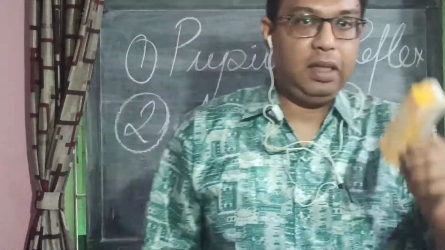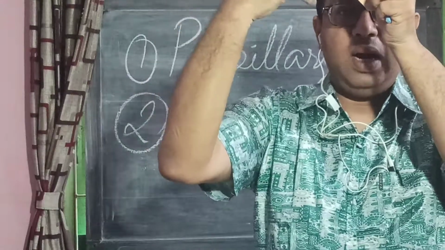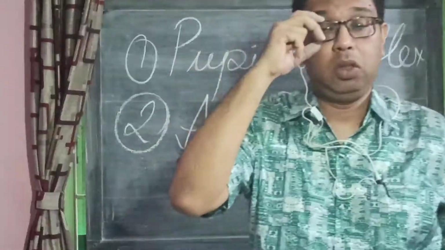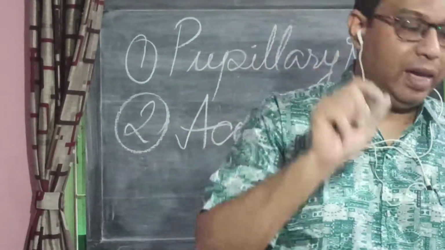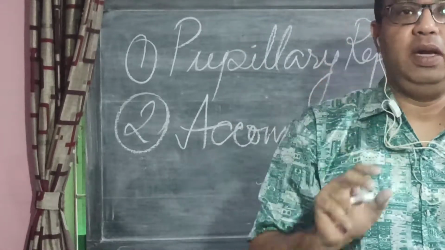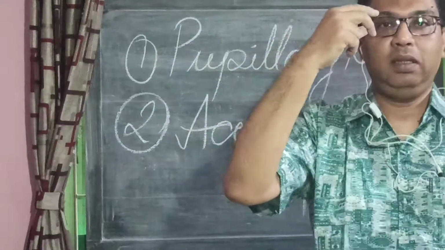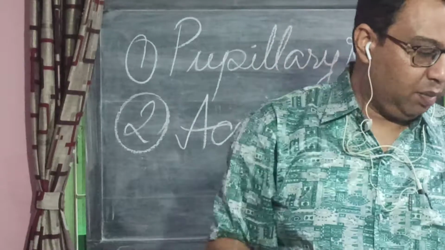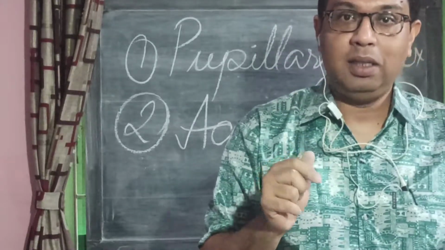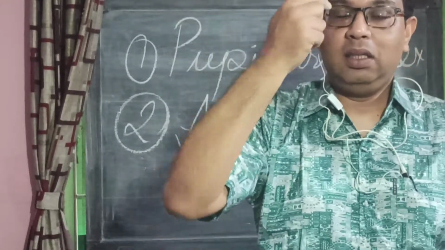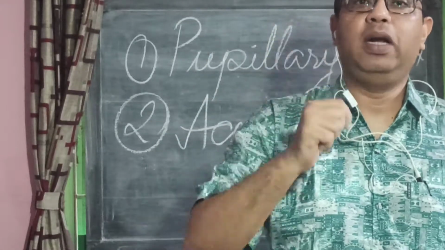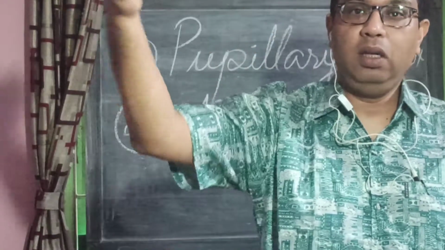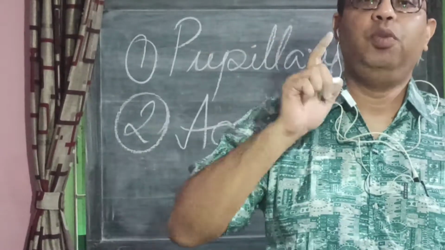So it has been seen that when you shine light on one eye, the pupil is seen to contract. Usually the pupil has a diameter of around 8 millimeters and it can contract up to 1.5 millimeters. So if you shine light on a pupil, the pupil becomes smaller and the iris becomes larger. In the eye that is shown light, this is called direct pupillary reflex. The response of the eye by contracting its pupil on the perception of light is pupillary reflex.